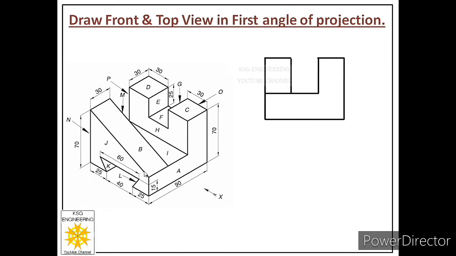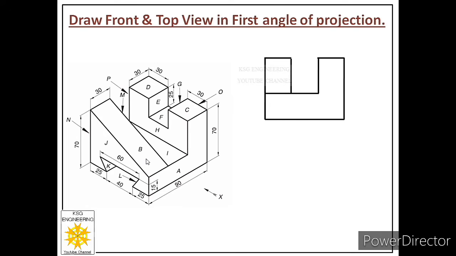I hope the height of face B is clear to you. When you look at this face B from front, you cannot see this as height. You will see this perpendicular as the height for face B. That will be equal to 70 minus this 30, because when you sketch a line from here, that remaining perpendicular will be the height of face B.